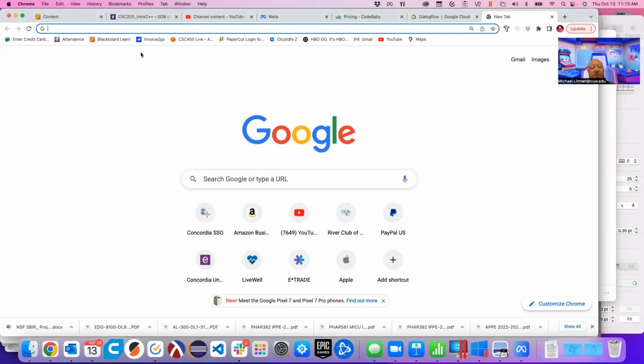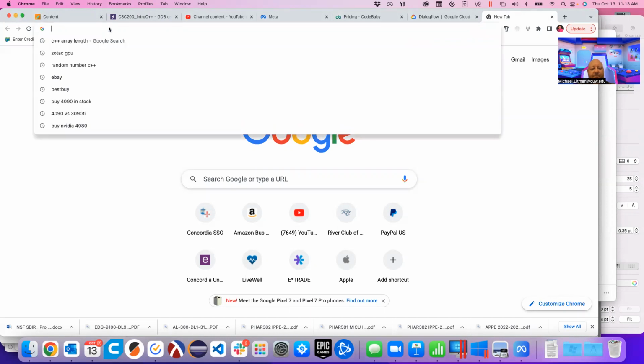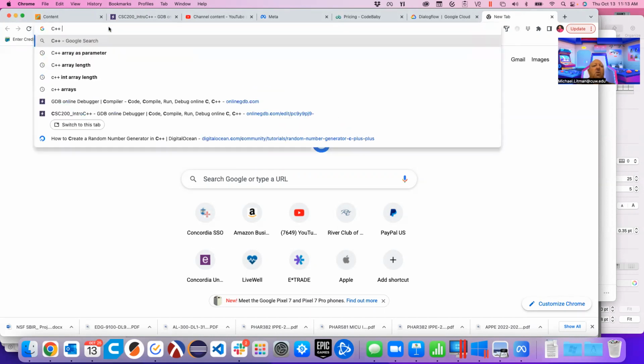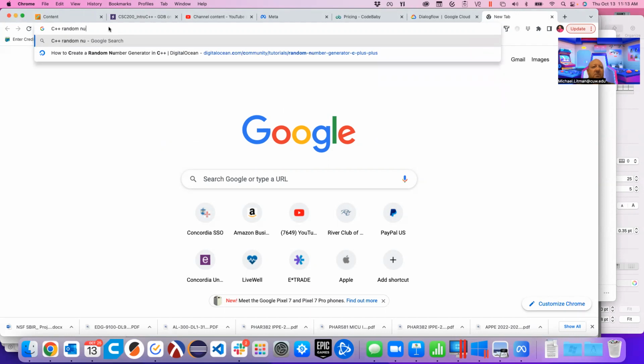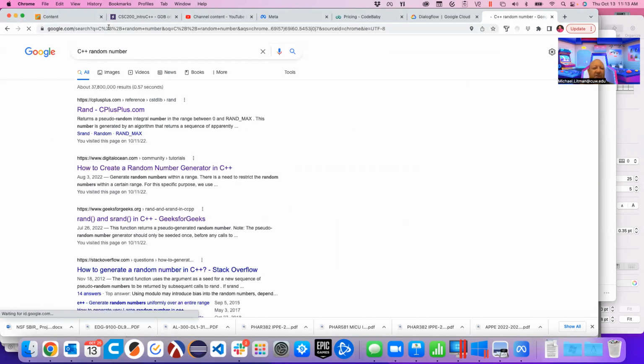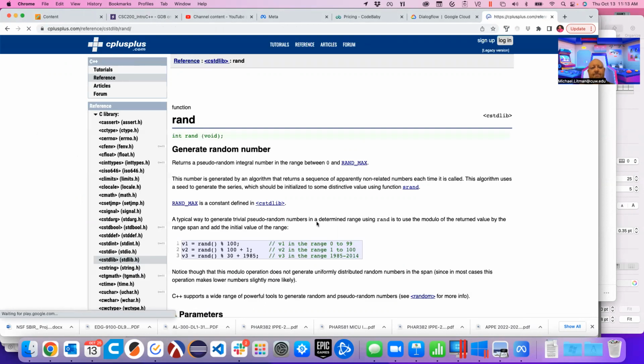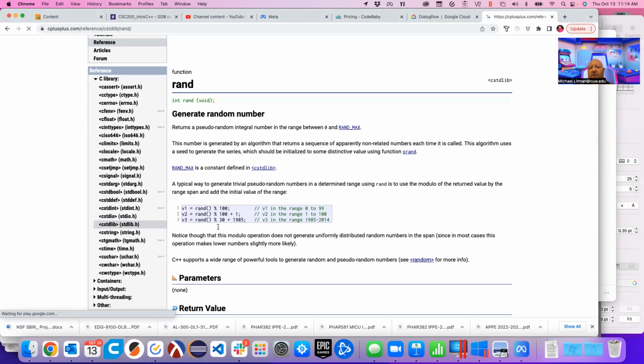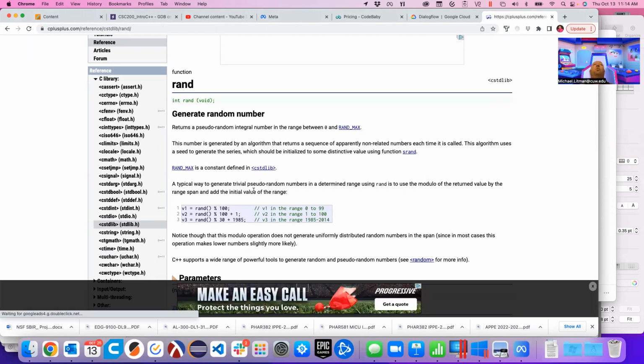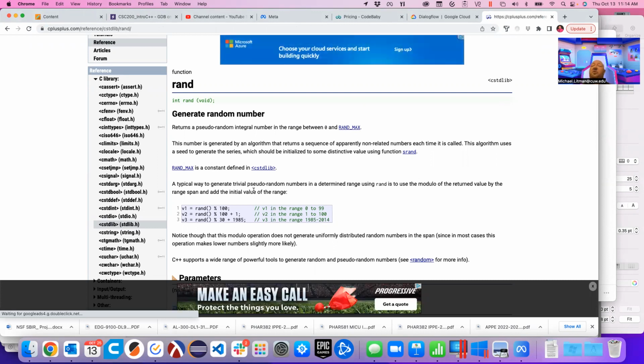All right, so we're going to say C++ random number. We have a function called rand in here, and another function called srand. Let's use this one. We do have a function called rand that gives us a random number in C++. There are actually some more modern random number generators, but I want to show you a truth that exists in some random number generators, because